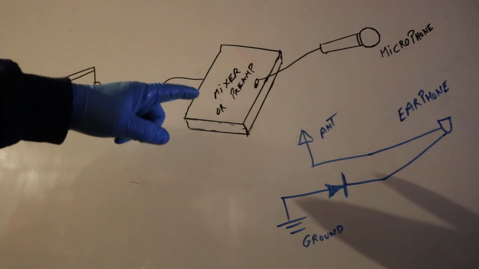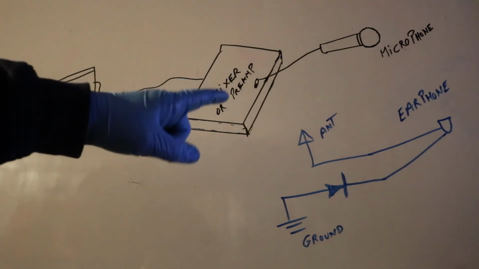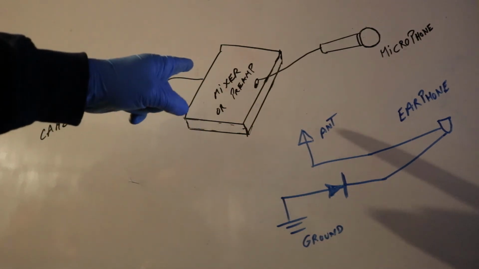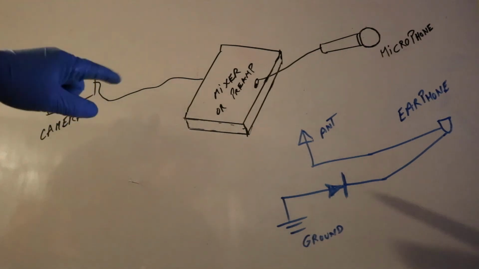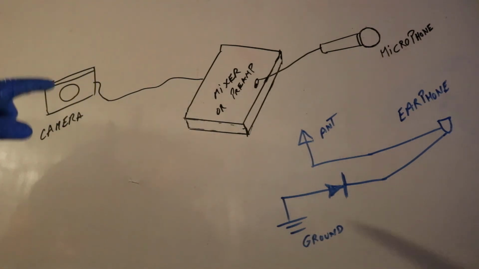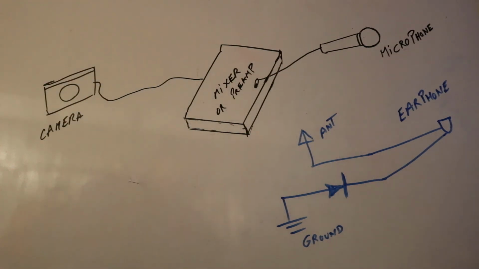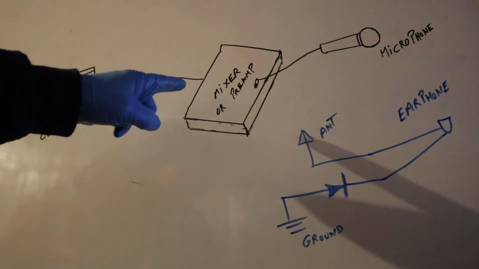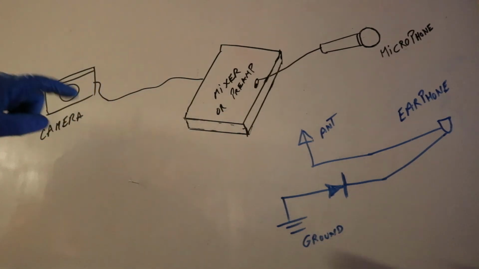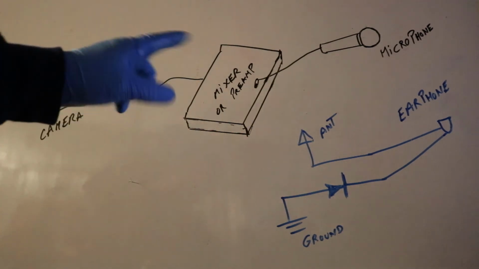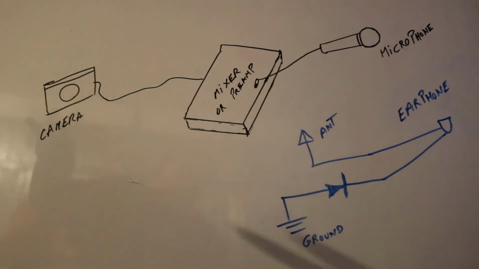So from microphone to your preamp, to your mixer, to your audio interface, and from your audio interface or preamp to your camera, you need a high quality wire as well. Well shielded, high quality wire you've got to use. If you're using a 1/4 inch jack, which is the one they use for guitar, keyboard and all that, get the best. They have really good quality at the music store. If you're using that for a mixer, get the best quality you can find, probably through the music stores. If you have XLR output from your mixer or preamp going to your camera, that's going to be